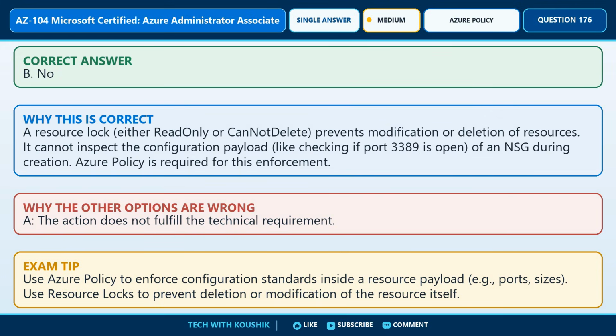A resource lock, either read-only or cannot delete, prevents modification or deletion of resources. It cannot inspect the configuration payload, like checking if port 3389 is open, of an NSG during creation. Azure Policy is required for this enforcement. The remaining options are incorrect because A, the action does not